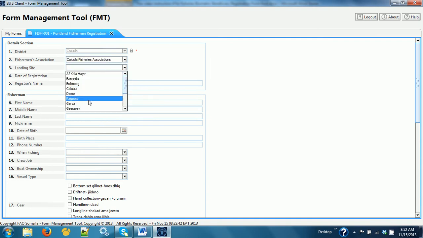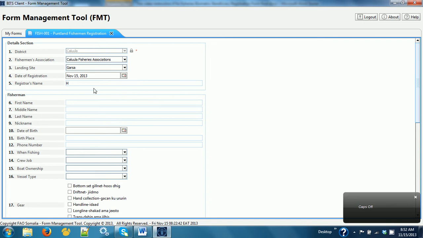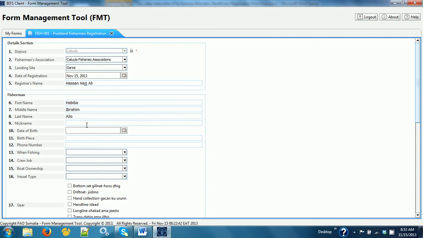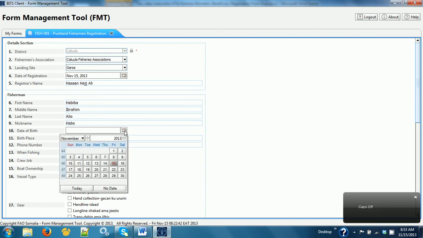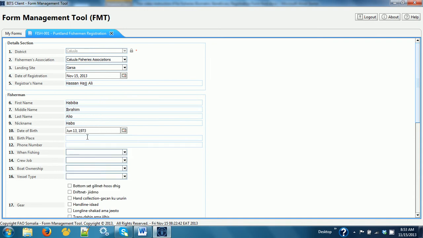Association, landing site, date of registration, which is today's date, registrar's name, first name, middle name, last name, nickname, date of birth, place of birth, birthplace, Mogadishu, telephone number,